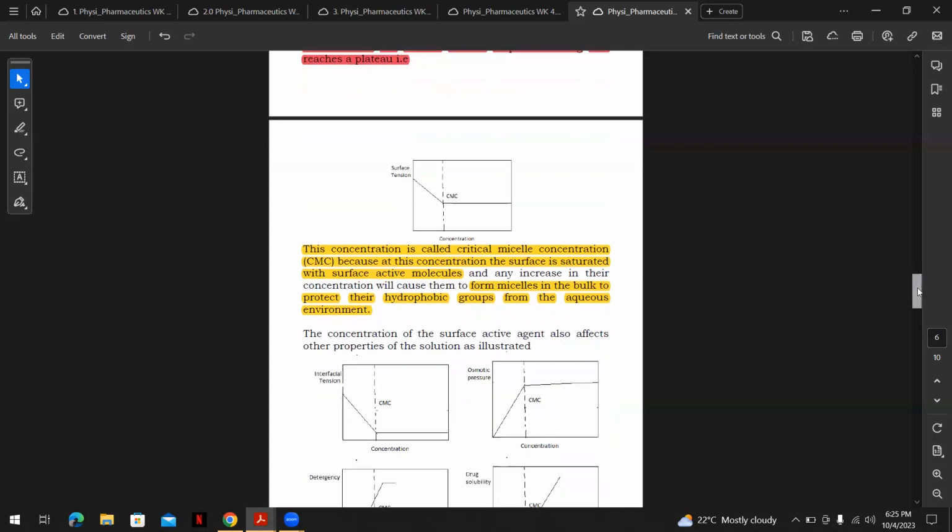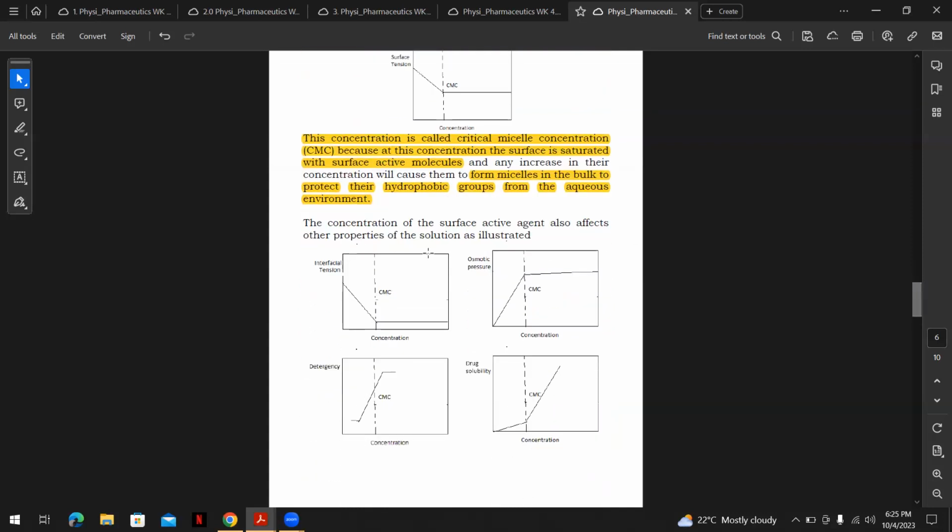So we see that it does not only interfere with the surface tension, it also interferes with interfacial tension. As we increase the concentration, it will decrease the interfacial tension. For osmotic pressure, as you increase the concentration of the surfactant, the osmotic pressure will